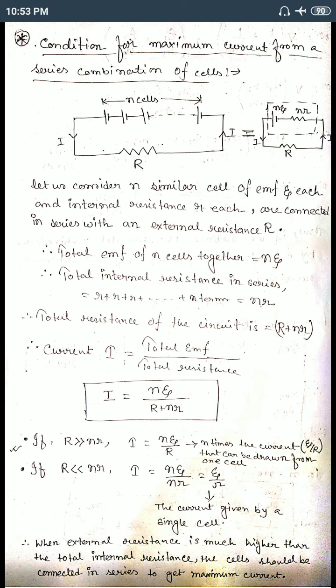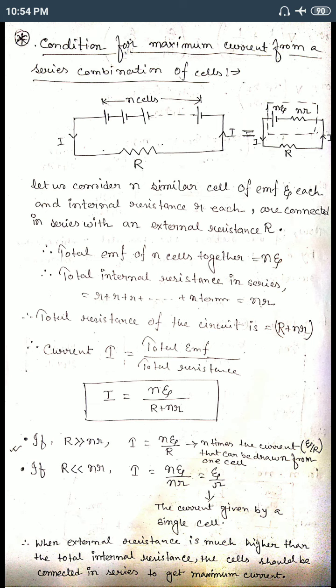Okay. Now we have already studied the series combination and parallel combination, and we get E equivalent and R equivalent. Now the condition for maximum current in series combination, where we consider the internal resistance. In most topics, whenever we solve circuit analysis using parallel and series combinations of resistances across the battery, we neglect the internal resistance of the battery. But here we do not neglect it, we use the internal resistance of the battery. Now, in which condition do we get the maximum current in series combination?